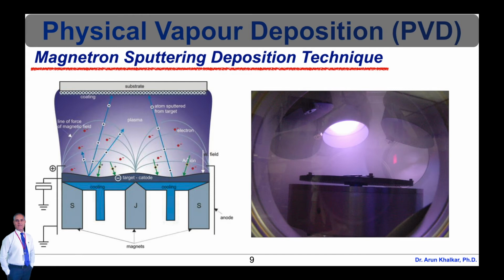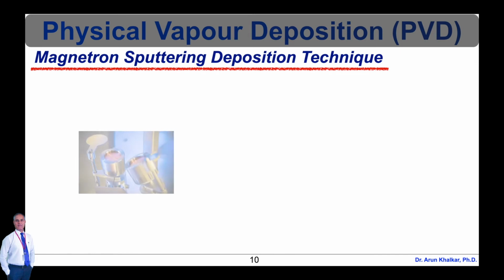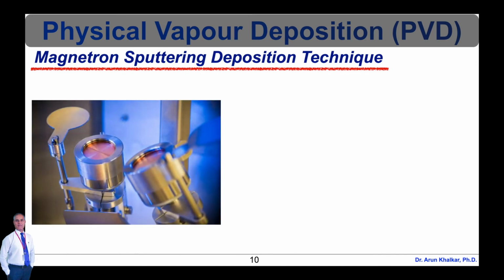In order to facilitate as many higher energy collisions as possible, leading to increased deposition rates, the sputtering gas is typically chosen to be a high molecular weight gas such as argon or xenon. If a reactive sputtering process is desired, gases such as oxygen or nitrogen can also be introduced to the chamber during the film deposition. A magnetron sputtering source takes advantage of the phenomena which I just explained by using very strong